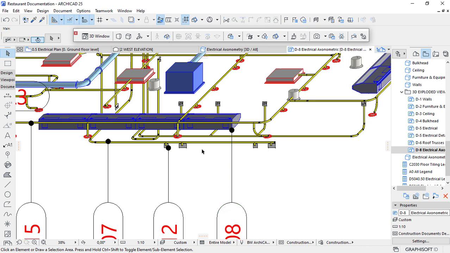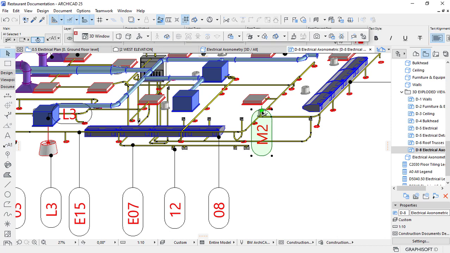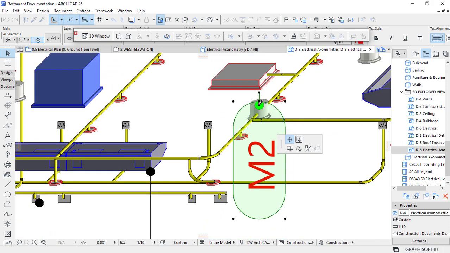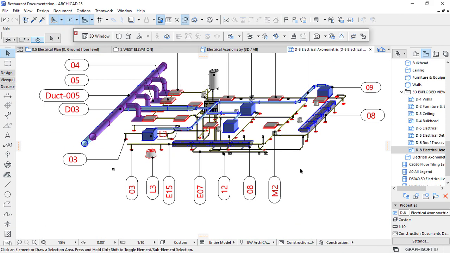Place it there. Then I have another important one there. And place it here. Perfect. Now I have